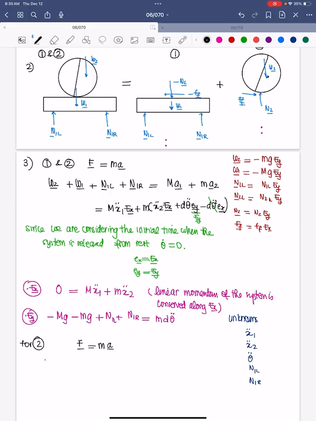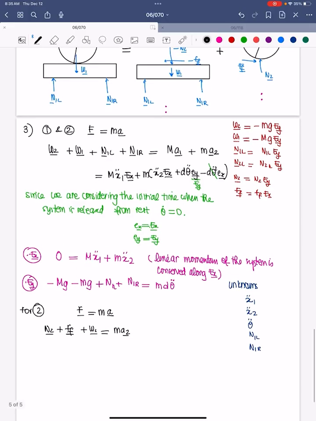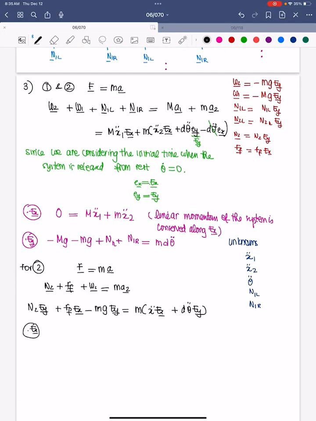So the forces acting on the system are N2 plus FF plus W2 is equal to M A2. N2 EY plus FF EX minus MG EY is equal to M X double dot EX, plus M d theta double dot EY. So I'm just looking here. Then dot EX, we get that the friction force is equal to M X double dot,